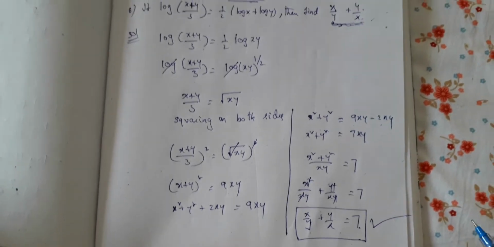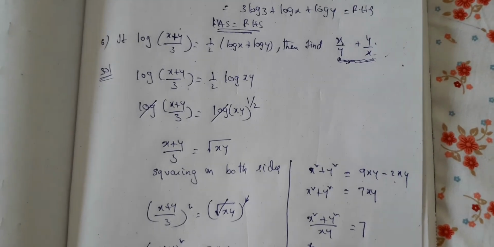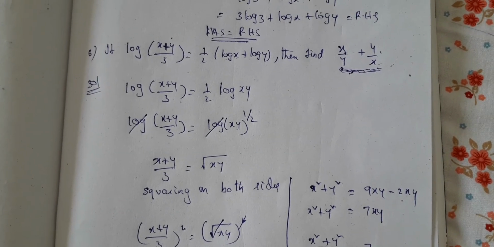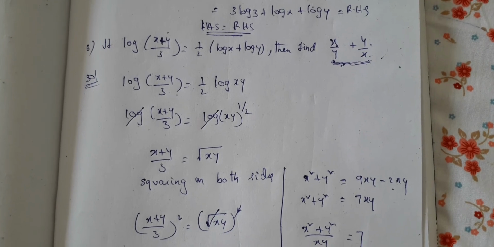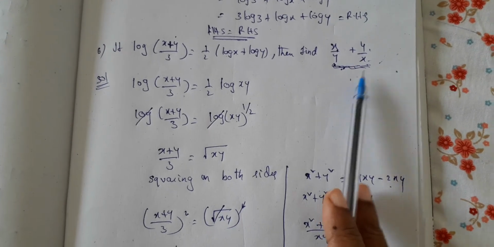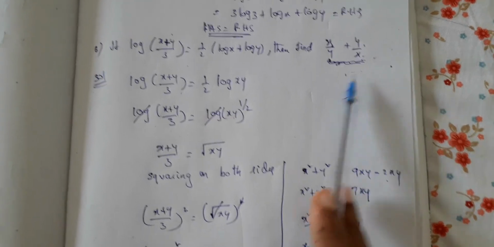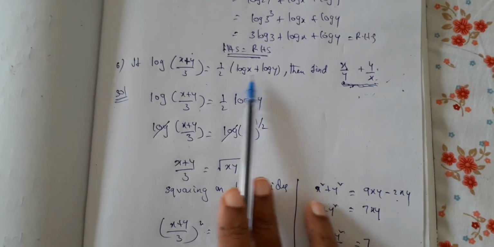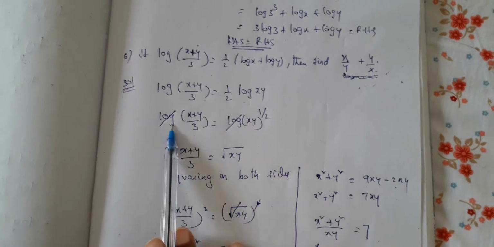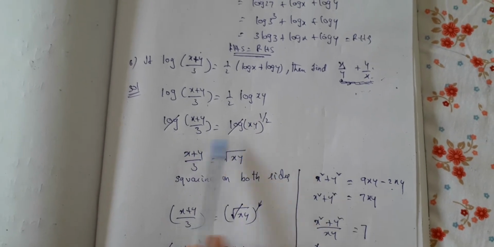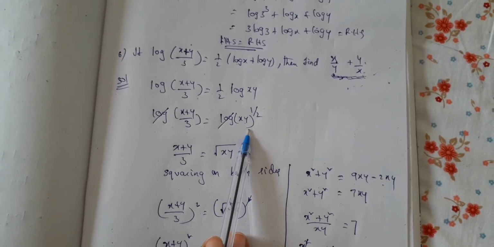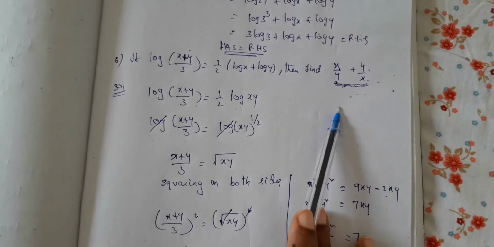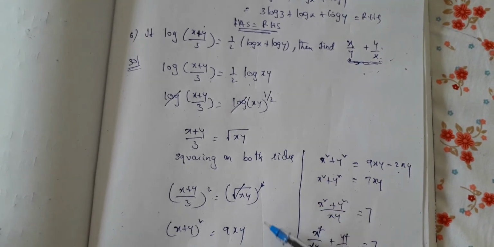Okay, so just copy the problem. Here in this problem there is no log term in what we have to determine. So our approach should be in such a way that all the terms should be converted into a single log term and then cancel log on both sides. This is the only change that you have to bring into the problem. Then only you can come to this conclusion, and the remaining things automatically follow.